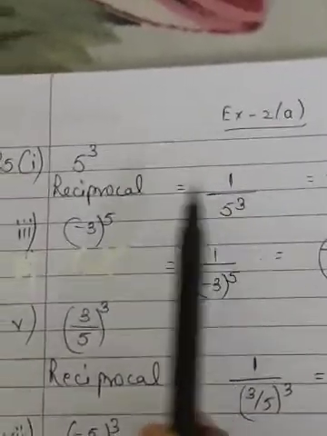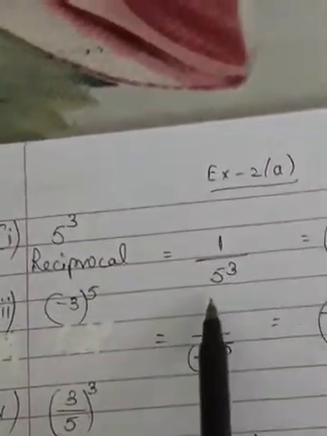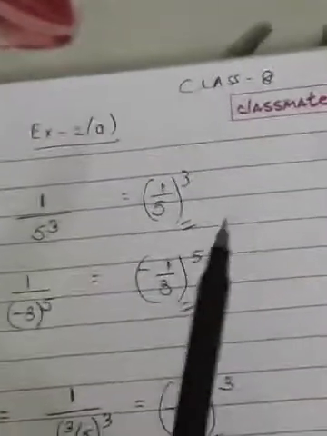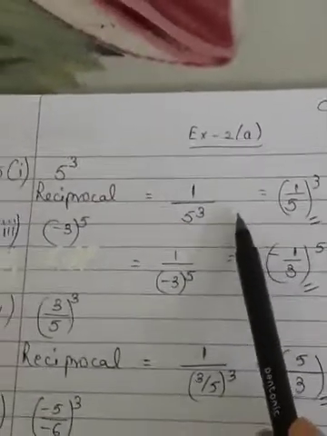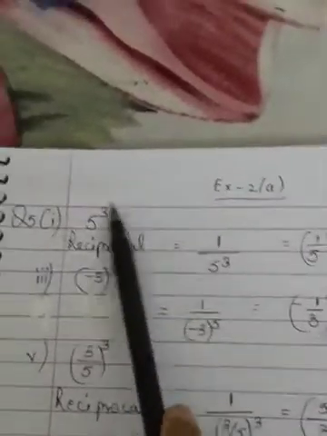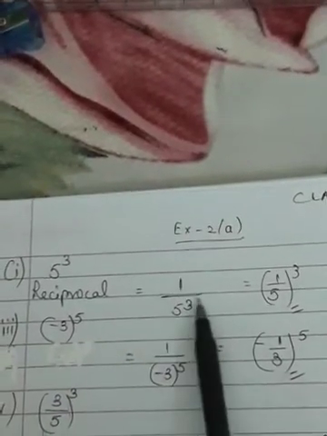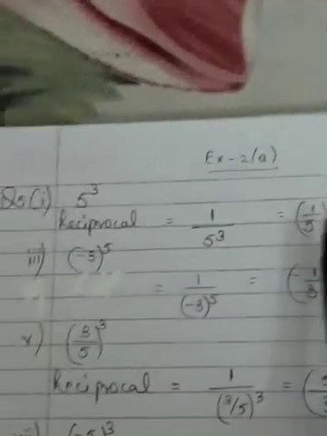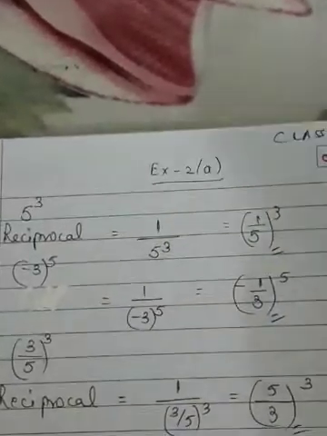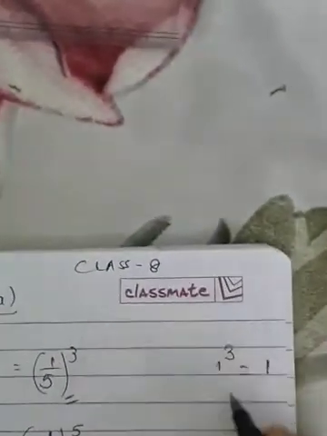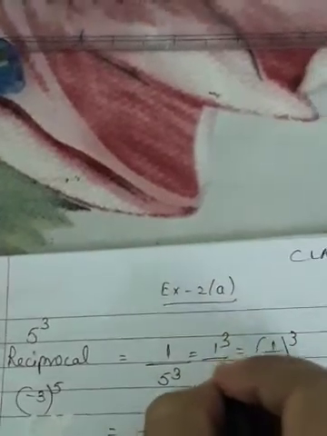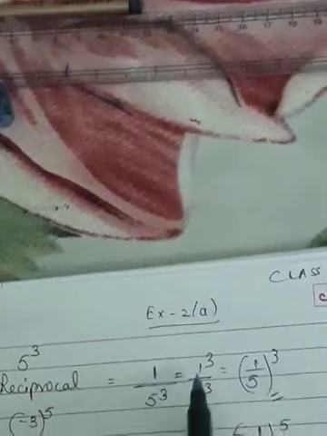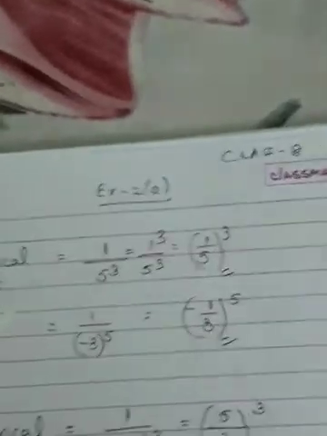Okay. They are just telling us to take the reciprocal. Now here we are not changing the power, because the question is to find the reciprocal. Reciprocal of this is 1 over this. So 1 over 5 cube, that is 1 over 5. We can take the power 3 common outside, because 1 cube is also 1. 1 into 1 into 1 is also 1. So I can take the power 3 outside common. This you can write as 1 cube over 5 cube. 1 cube is 1. Now this power 3 we have taken outside common.